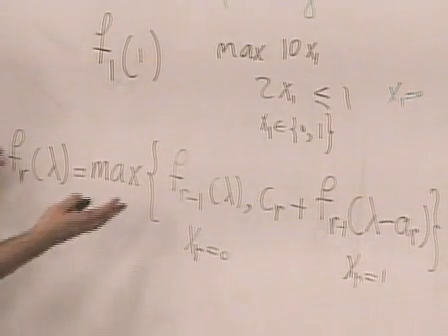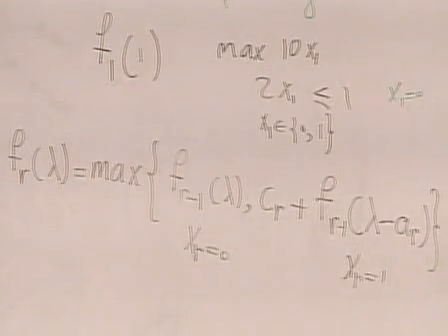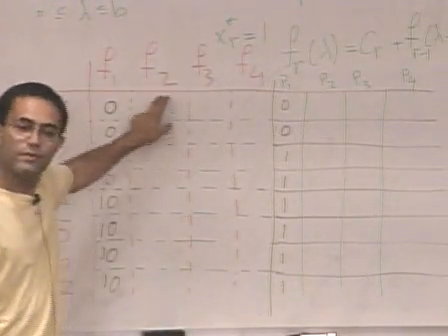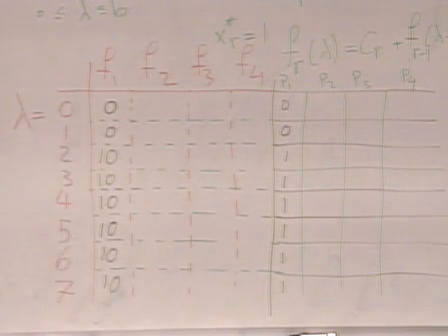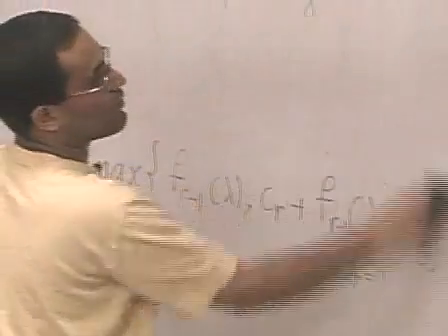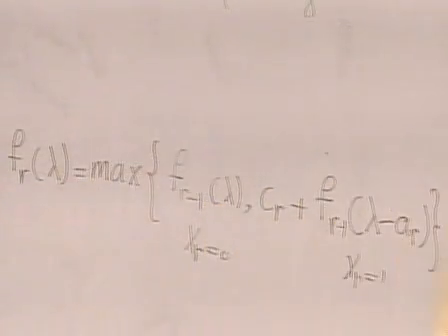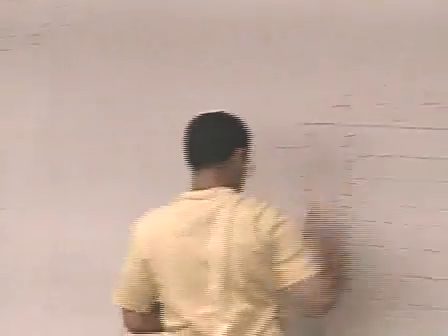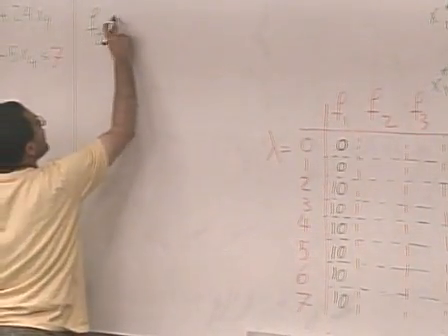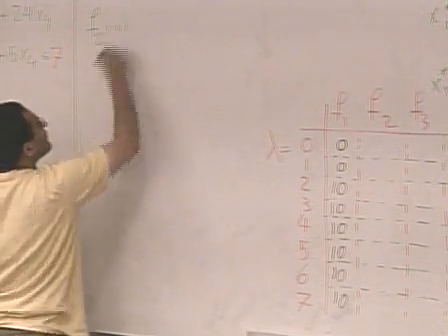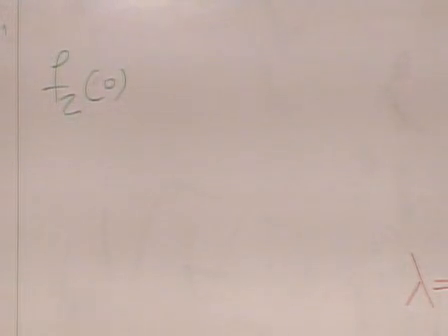This is the step where we're going to use this knowledge that we got. So at step 2, where I'm sitting here, I'm going to say, okay, let me erase this one. I really don't need this anymore. I want to calculate F2 of 0. Well, F2 of 0 is easy to calculate, so let's just do it. F2 of 0 would be